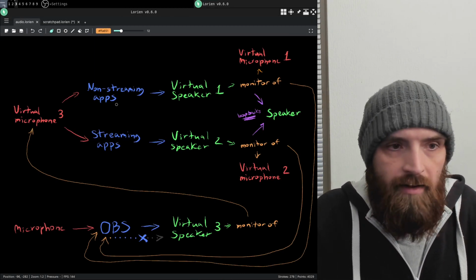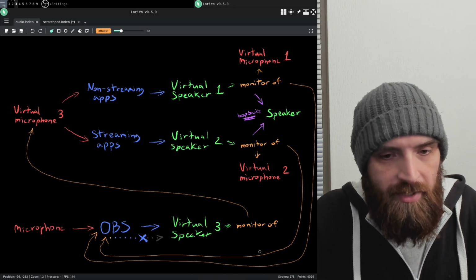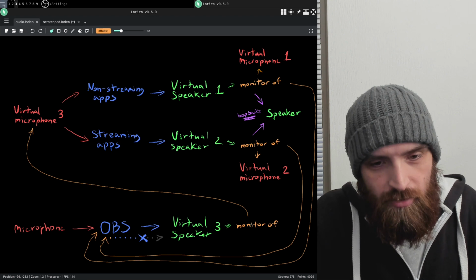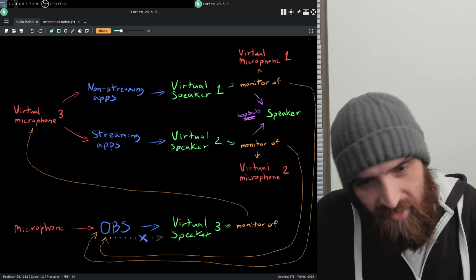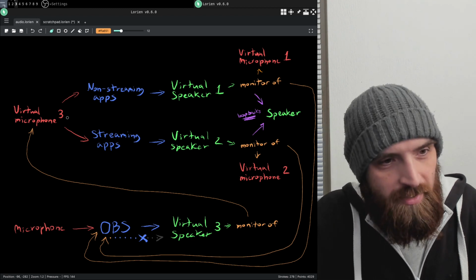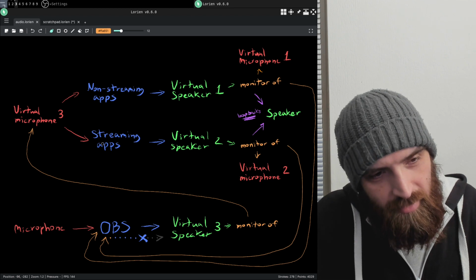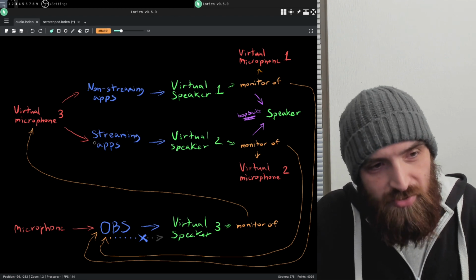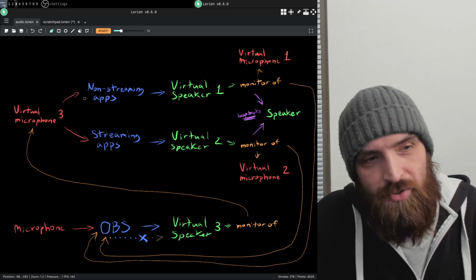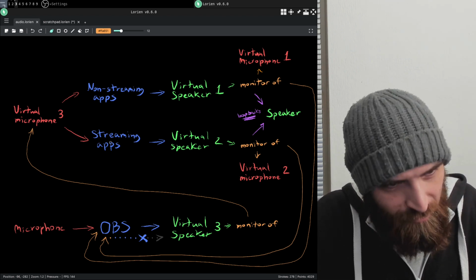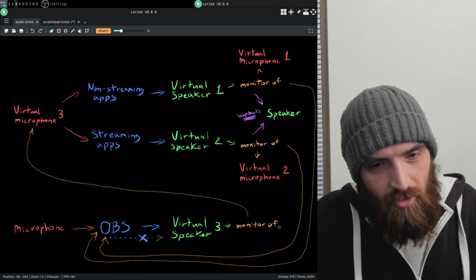we need to have a virtual microphone that's called virtual microphone 3 here. For this, you need a virtual microphone that takes the signal from that monitor, and then you can direct it to your apps. Most likely you'll only need it for streaming apps, but it's also available for non-streaming apps, so I also drew that arrow. But it's mostly for going to streaming apps,